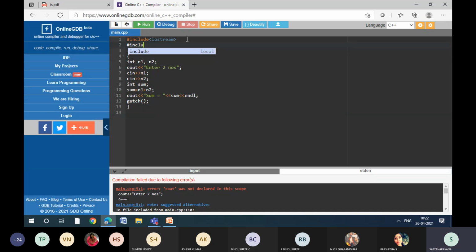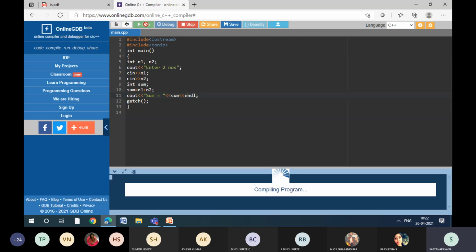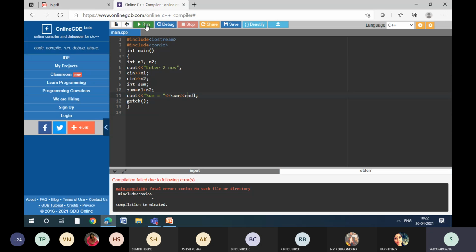Hash include. Still will try. So it is not accepting conio directly. It will only come in the iOS team, no problem.